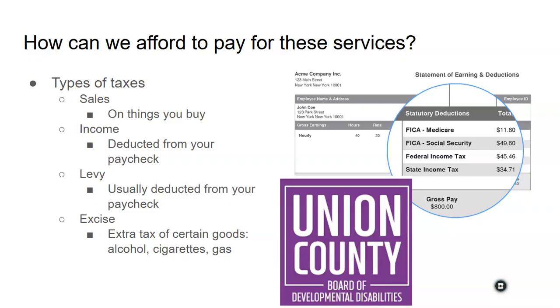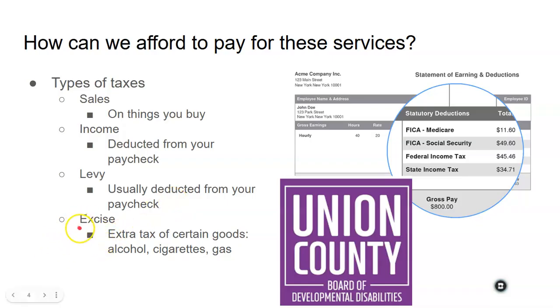So now that money is going to come out of my paycheck, but it is going to go towards building new schools. So levies. You also often see levies for fire departments and police and paramedics, okay? And then that money, again, is directly taken out of your paycheck and it is used to fund those things.